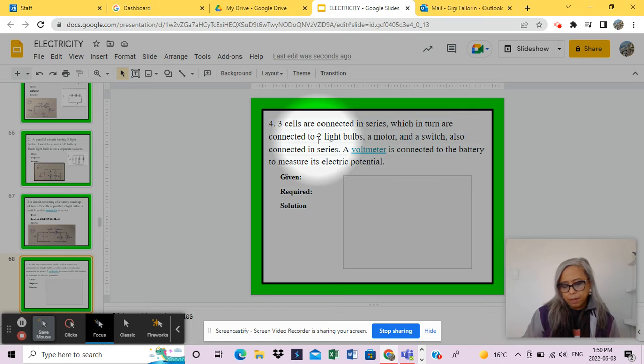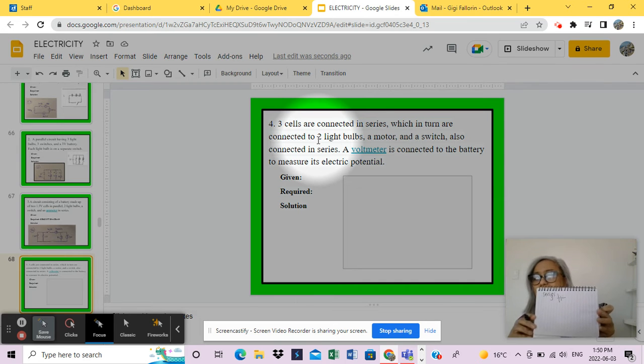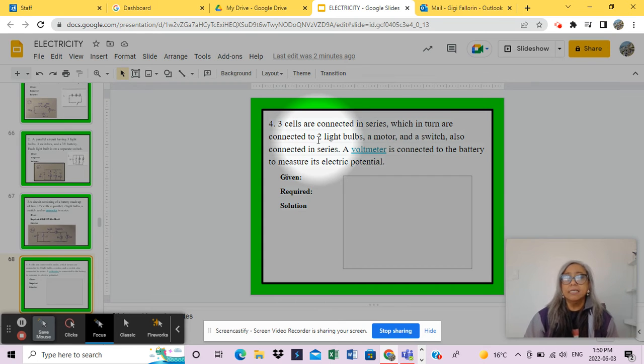So three cells like this, and it says they're series, right? I think I forgot to write that down earlier on. So in the given, please write down the word series or parallel as the case may be. So, and then two bulbs, a circle with the X, a motor, right? M,